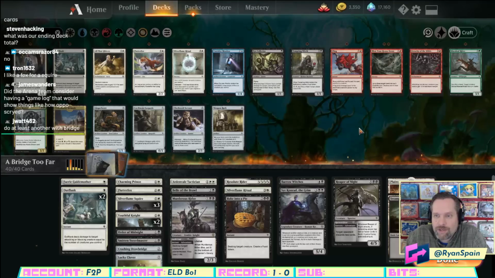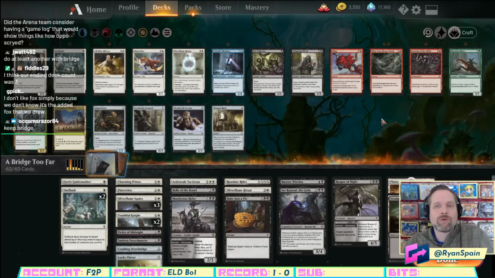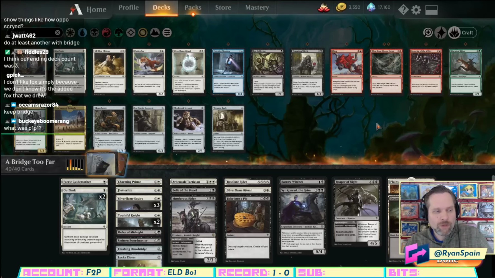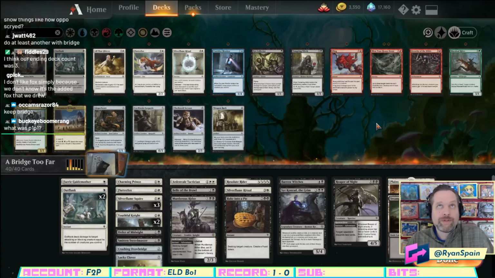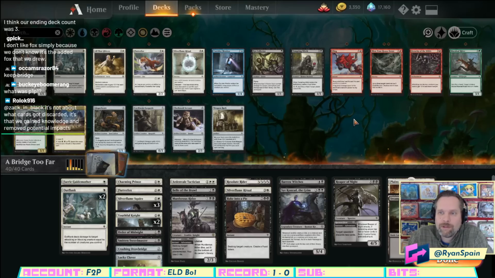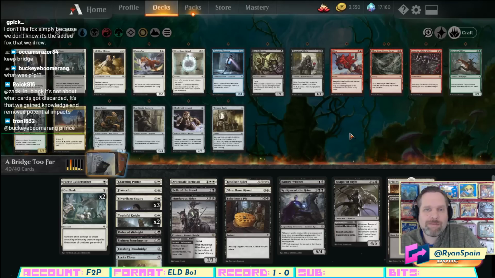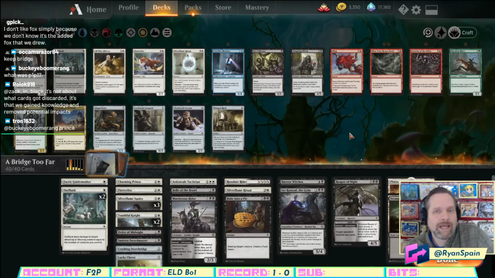Did the Arena team consider having a game log that would show things like how Oppo scried? Yes, game log, certainly. See, this is where you get into a quick design perspective. With game design, you want to be goal oriented. What is the problem you're trying to solve, and then work backwards from that. So saying did the Arena team consider having a game log? Sure, in the sense that the Arena team understood that clear, complete game information was needed, and